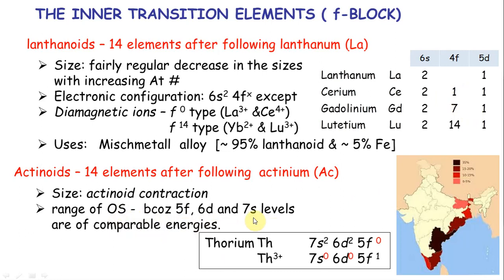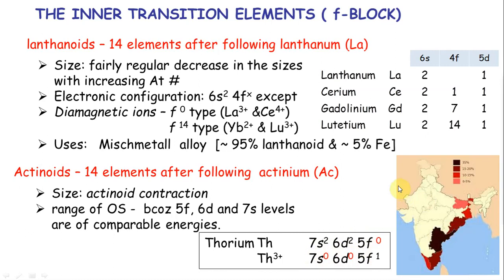Thorium is the only one that is different in your electronic configuration, hence I put it here. So when you see thorium here, okay, thorium as it is 6d2 5f0. So when you remove electrons, basically you keep removing electrons like usual, but in this case after I remove 3 electrons, there is 4 here, when I remove 3, the single electron now migrates to f orbital. Okay, this is because of energy. So thorium alone you want to remember.